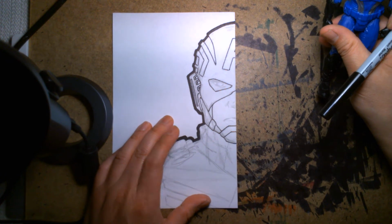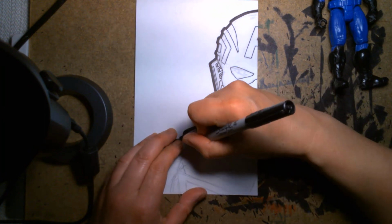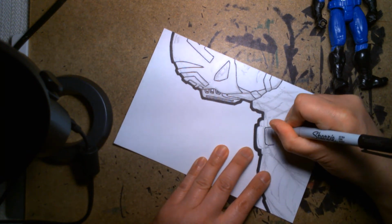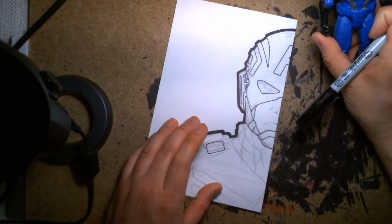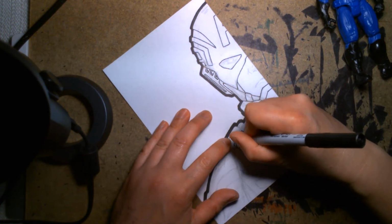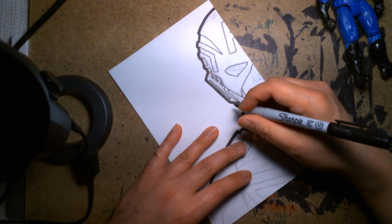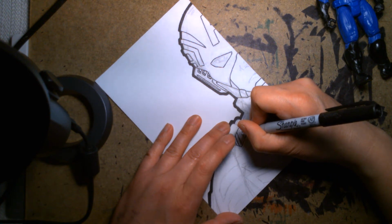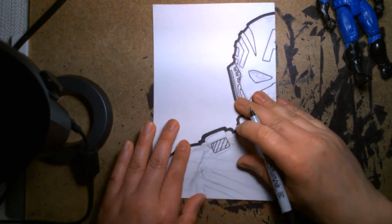Alright, Captain America, the first Avenger. Now, it's been such a long time, but if I know my Marvel history, I want to say the first Captain America movie that Disney put out was Captain America: The First Avenger. But I want to say Cap wasn't part of the first set of Avengers. I think it was Hulk, Iron Man, Wasp, and Ant-Man. I think that's right. And I believe Cap belonged